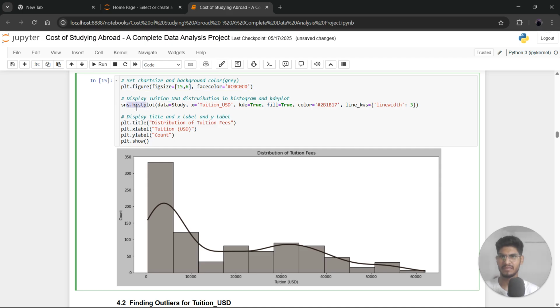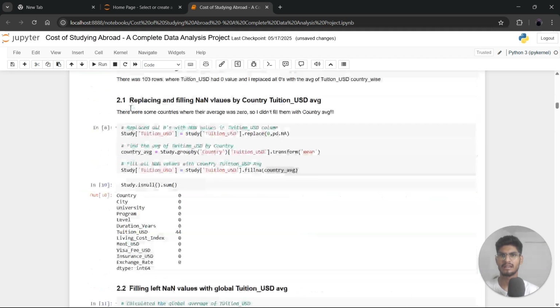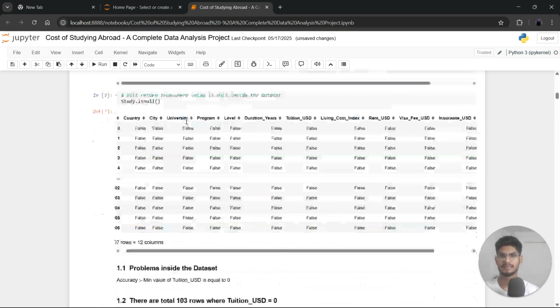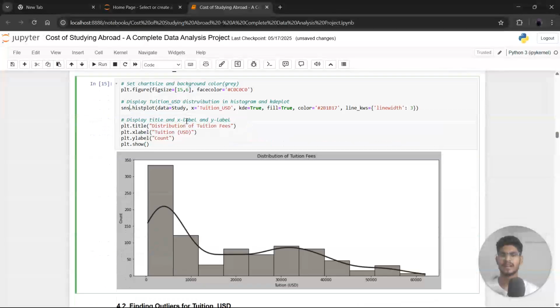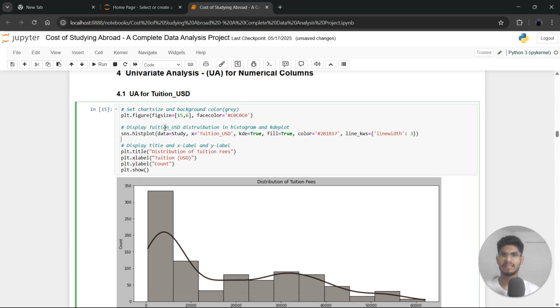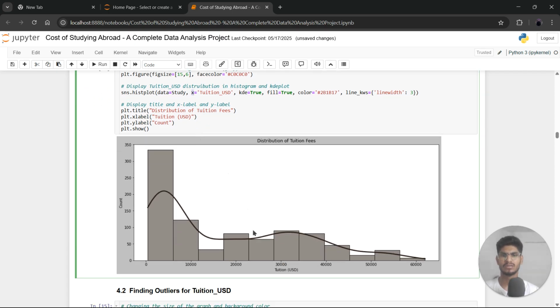Now we are using seaborn, because if we go above, we have imported seaborn as sns. So let's come back to the graph, and we will see that we are using seaborn to plot the histogram. So we are giving the data. First we have to define the data. So data is equal to study, because at the starting we have given the entire data to a study variable. Now we will take one column, that is x equal to tuition USD,